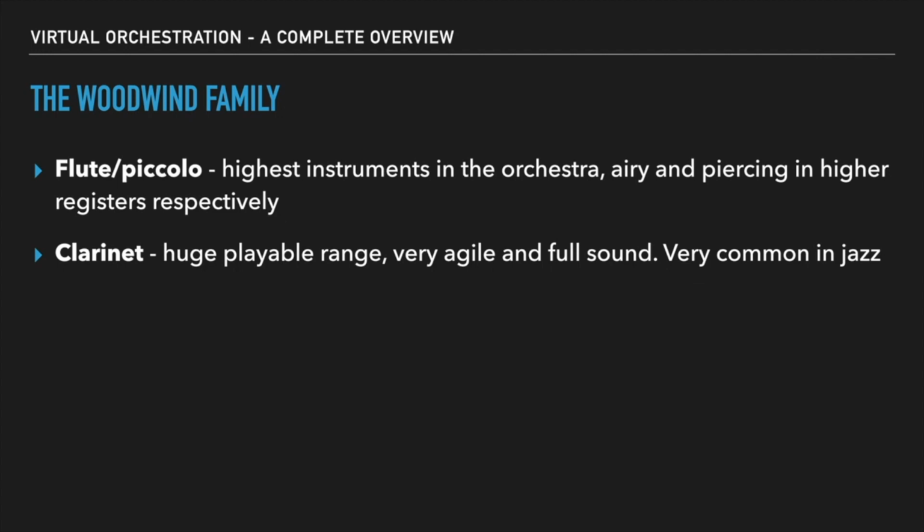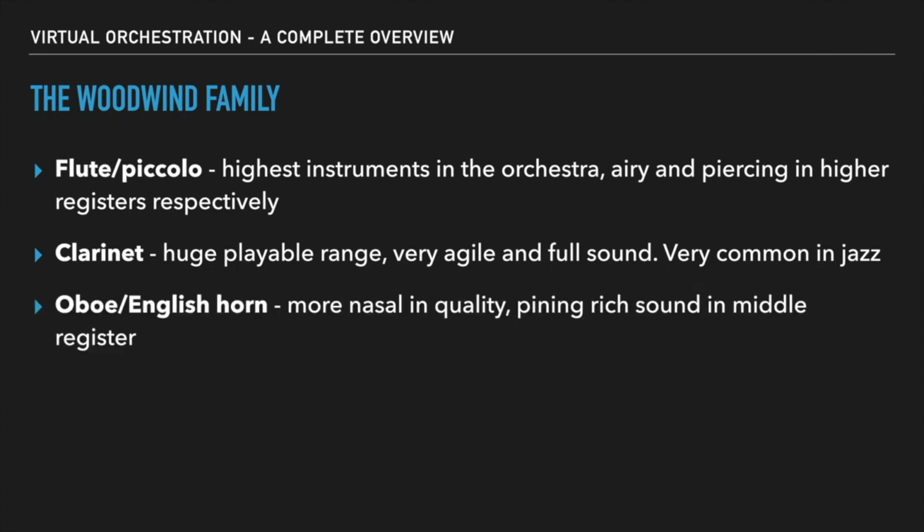Then you have the clarinet, which has a huge playable range, very low notes, very high notes, and it's overall very agile as well and has a nice, full, warm sound. Very common in jazz as well as an alternative flavor. Then we have the oboe or English horn, which is considered like the doubler instrument. These instruments tend to have a slightly more nasal quality, but I think when you go into the middle registers, you get this really piney, rich sound, which I just love. Like the oboe is my favorite instrument in the orchestra. That's subject to change, but just so you know, I just love the sound and the tone that you get